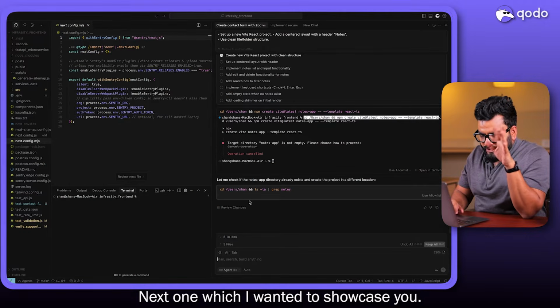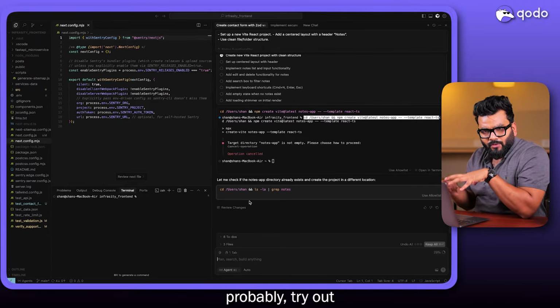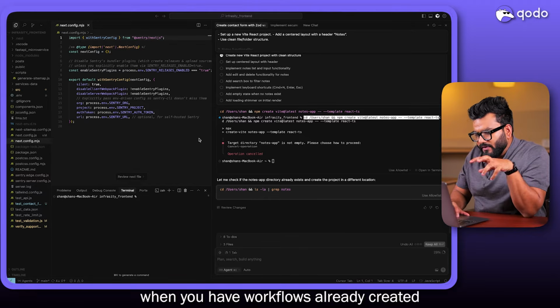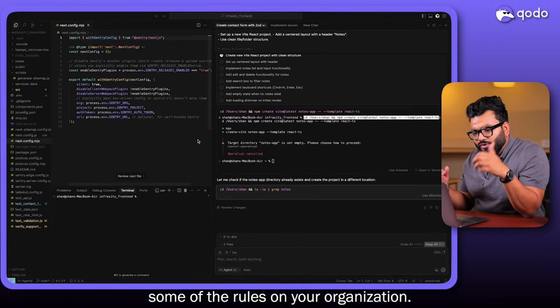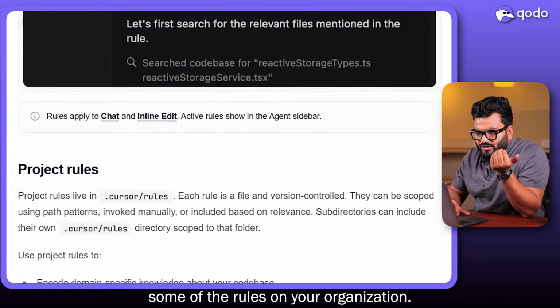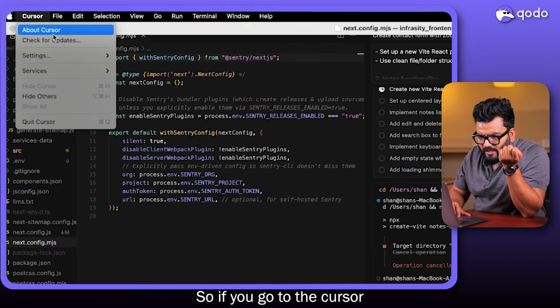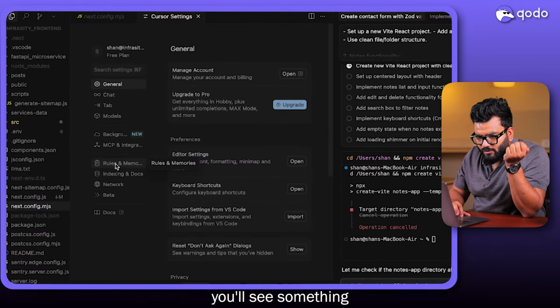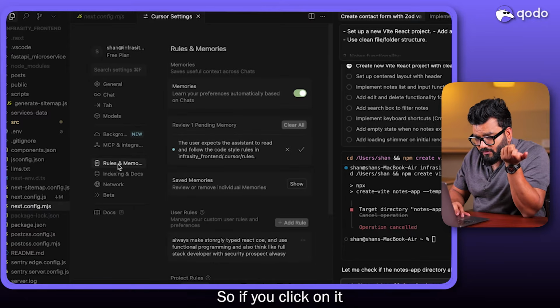All right, the next one which I wanted to showcase, and you can probably try it out, is specifically helpful when you have workflows already created and you want to guardrail some of the rules onto your organization. So if you go to Cursor and click on the settings and then go to Cursor Settings, on the left hand side, you'll see something called rules and memory. So if you click on it,